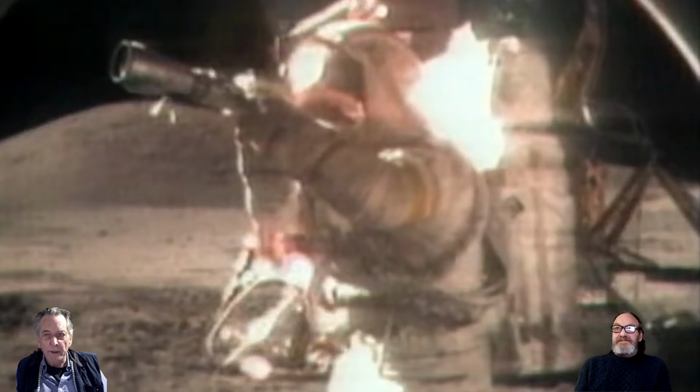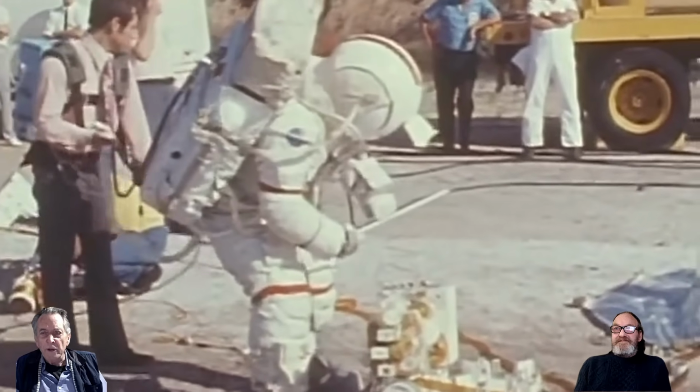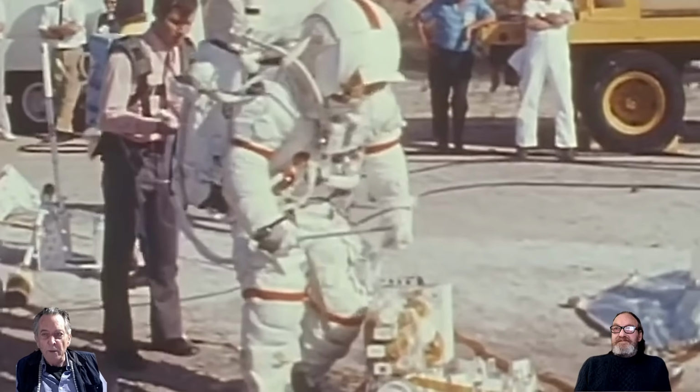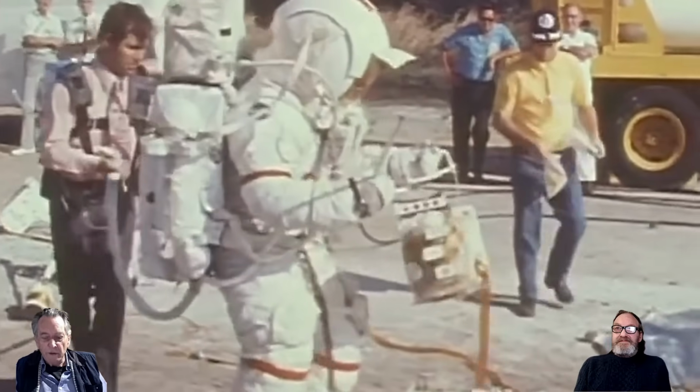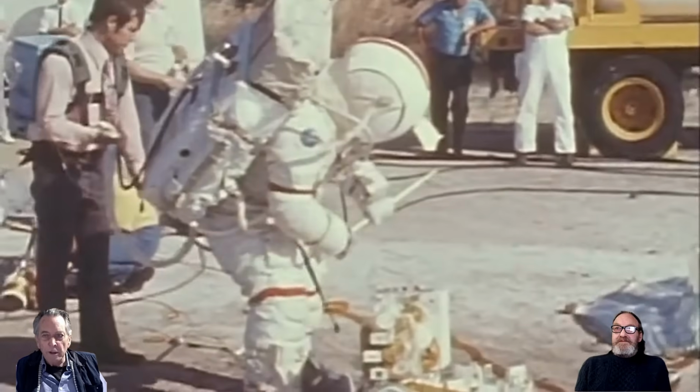This was what was happening on the moon. They were being told to put the aperture setting at a certain point. Well, that's fine if you could see the aperture setting to adjust it, but you couldn't if you're wearing a spacesuit and you had the camera mounted on your chest. So when you start looking into all these details, and some people might say they're irrelevant details, of course they practiced. They took their cameras home with them. They practiced at their barbecues and their parties. Yes, they did. It's not difficult to practice with a camera, but under the conditions that they're supposed to be operating under on the moon, they couldn't achieve those